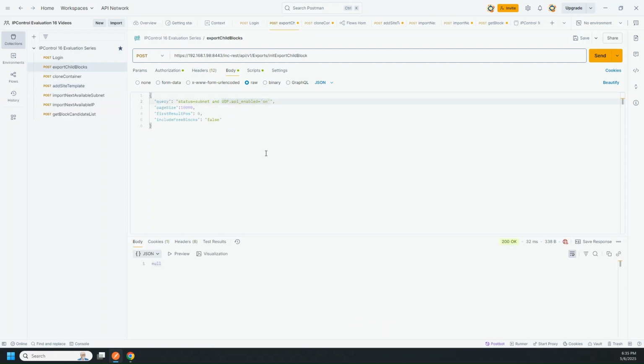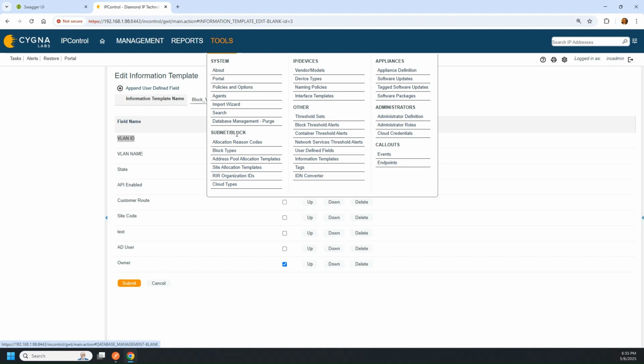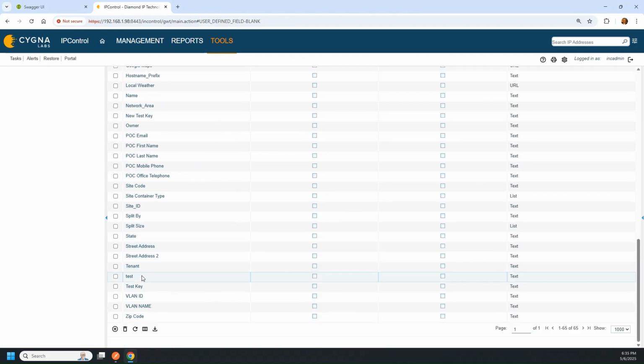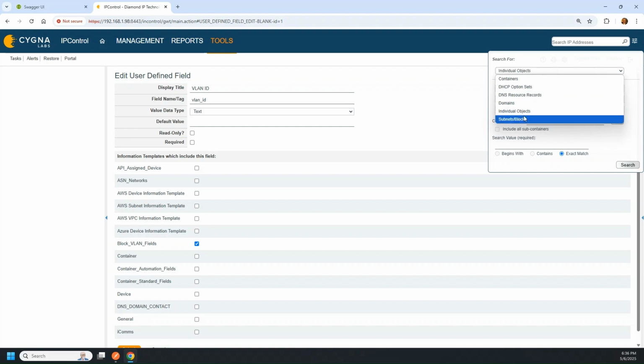So that's one. So you have API enabled. Now I could also do something like VLAN, and I'm going to see if there's VLAN ID, and it could be contains 1111. Now let's see if that has anything in there. It may not be VLAN ID. Let's try this. All right, let's just verify my field before I make any more mistakes there. Okay, so it is VLAN underscore ID, and let's just see what kind of fields I might have and do